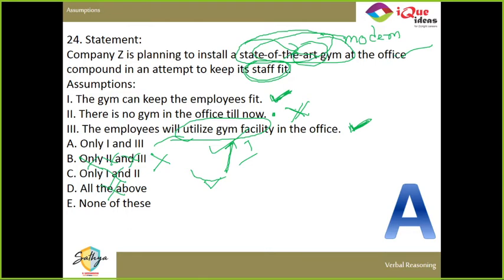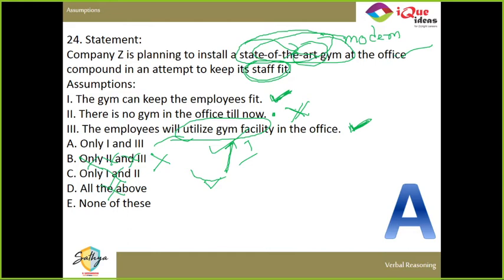Nay, Rihani, understand this. If I'm giving a gym to my employees to keep them fit, here we are identifying what is the assumption made by the company. The company has installed it, right? So you have to think from the company's perspective. If I give you something, do I assume you will use it, or do I assume you will not use it? If I give you something, I will always think that you are going to use it, right? I will assume that you will use it, only then I will give it to you. Why would I give you anything if in my mind I think you are not going to use it? Do you get that?